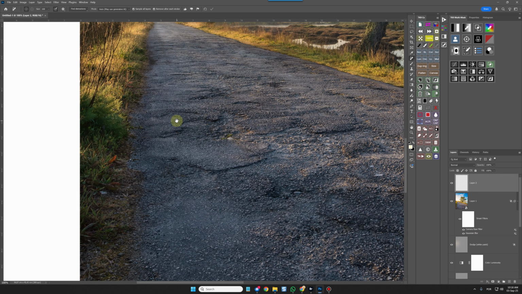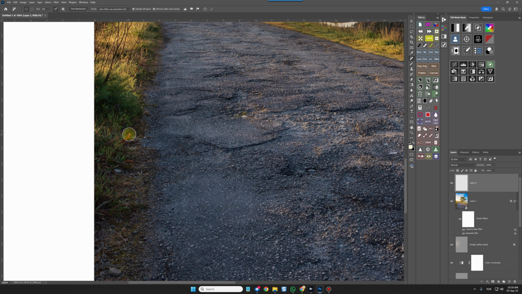Okay, let's come lower. I also want to remove this leaf here